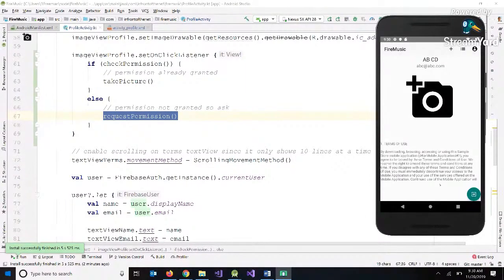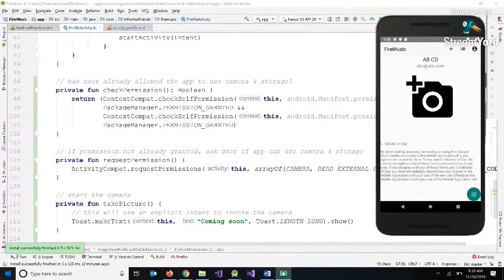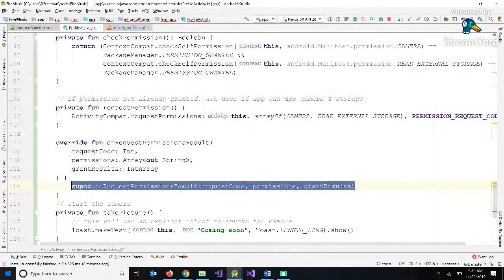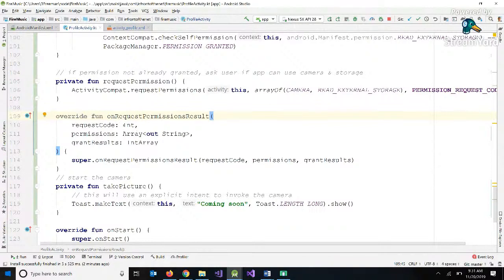So if we want, we can add a check that if they click OK to both permission requests, we then call take picture, so they don't have to start the process again. So I'm going to add an activity result method for that. I'm going to override the on request permission activity result. So it's got a few parameters in the signature, the request code, an array of permissions,